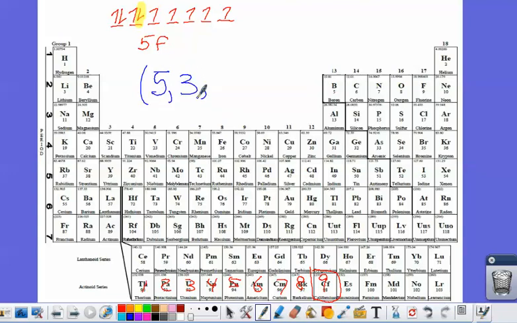You can remember the numbers because it goes in the order that you have. S is the first thing you start with, so it's 0. P is 1. D is 2. And F is 3. So 5, 3. So then we go through starting with -3, -2, -1, 0, +1, +2, +3. So we are at -2 here. 5, 3, -2. And then it's a downward facing electron, so it's -1/2. And I'm done. Okay,